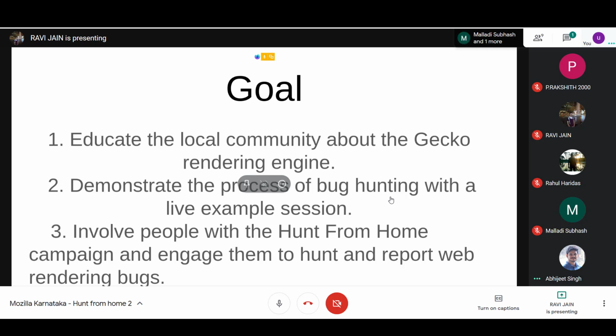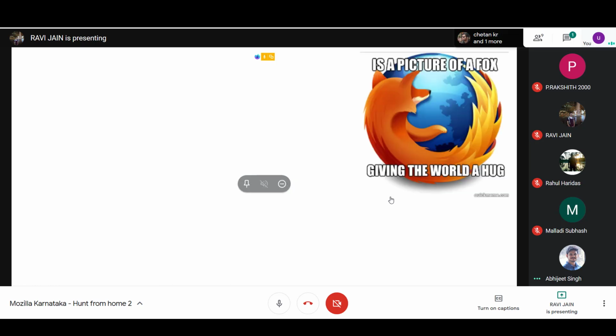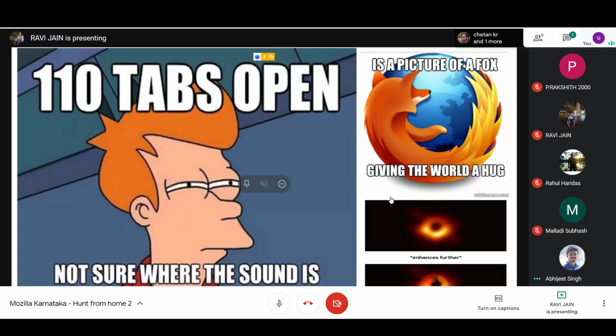So all these projects, the Firefox browser itself is open source anyway. So yeah, I put this meme so that you guys don't get bored. Basically, the screen is not fully visible, but I'm sure Ravi Jain would have like 100 tabs open, or we all would have experienced lots of tabs being open.